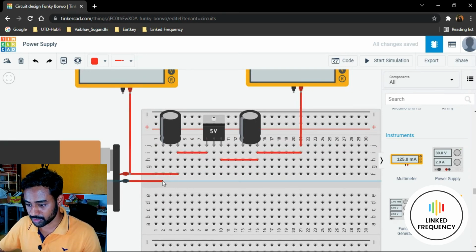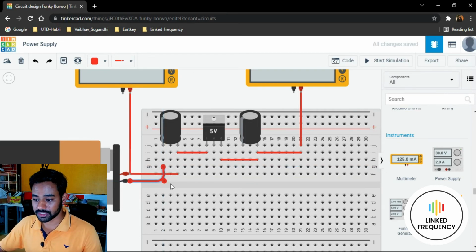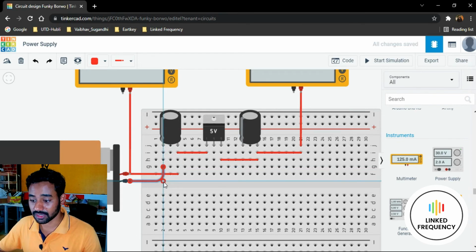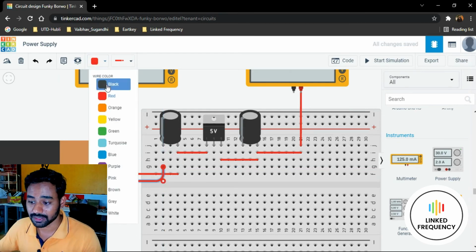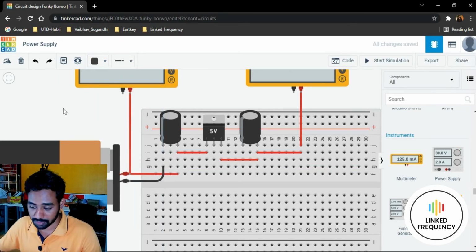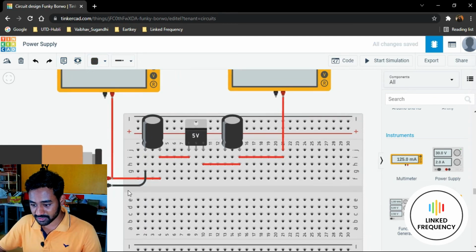Let me see how can we do it. I think we can do it like this. Again, now what I need to do is make sure that the color of the wire is changed to black, because black indicates negative voltage or maybe a ground connection. So now the capacitor is connected to the battery. Thereafter, I just want to connect that battery capacitor negative point to the regulator negative point, and then the regulator negative point